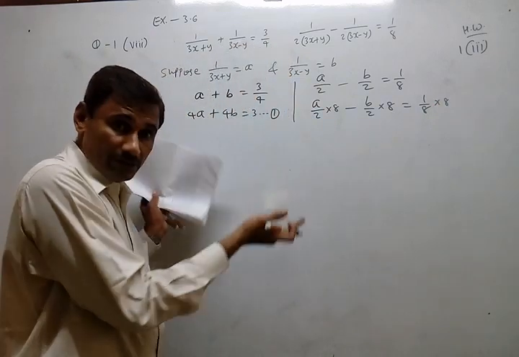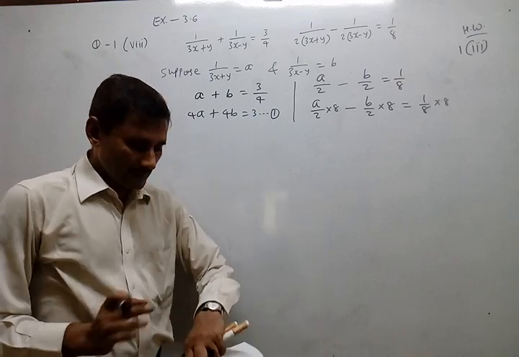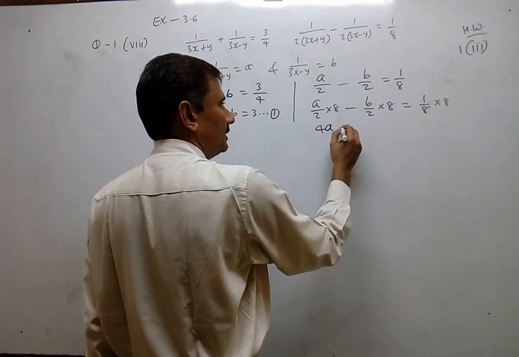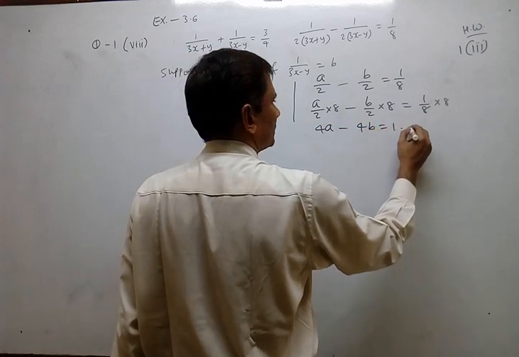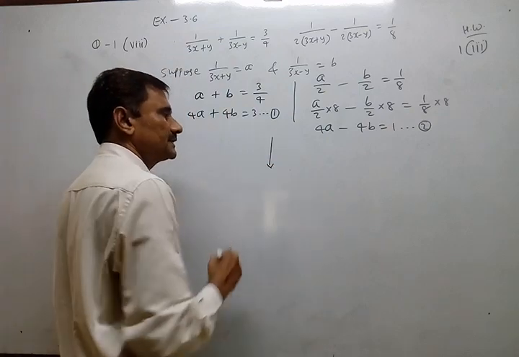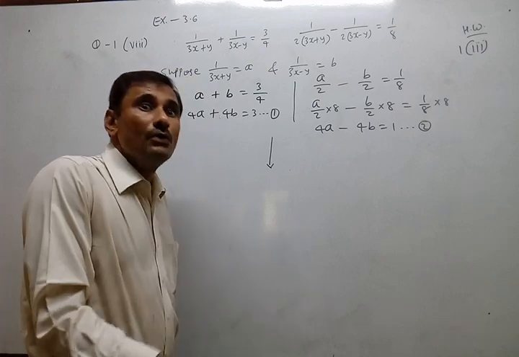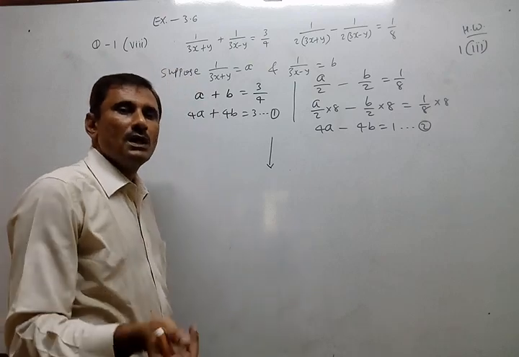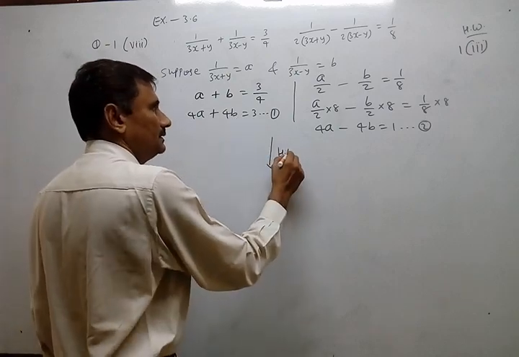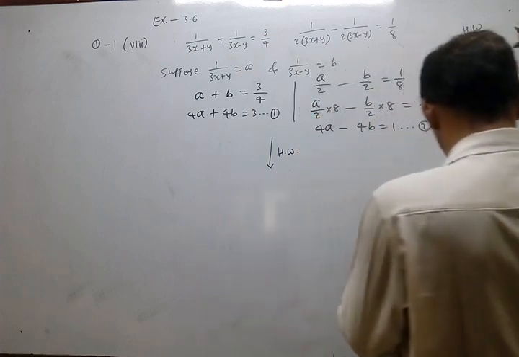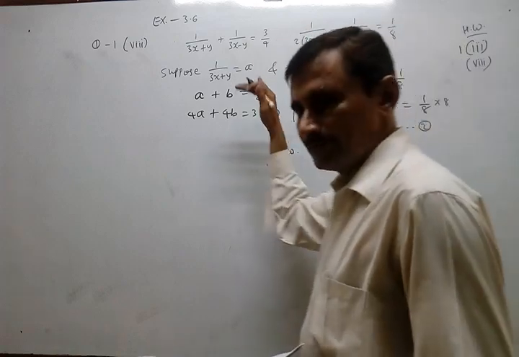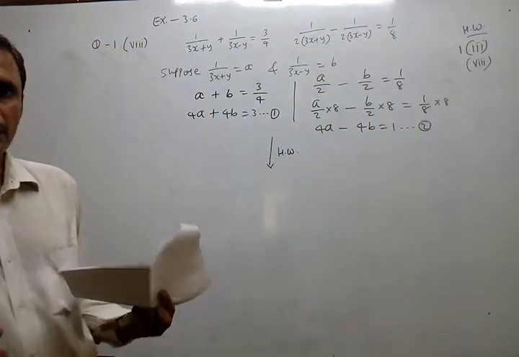Whenever an equation has denominators, you can remove them by multiplying by the LCM. So it becomes 4a minus 4b equal to 1. Equation number 2. Okay. Now you can solve just like the previous one, number 7. Again you have to perform the substitution method after getting a and b. So now it is homework. So 3 and 8 are homework. I just wanted to give the starting steps and a hint. So I hope there is no problem.